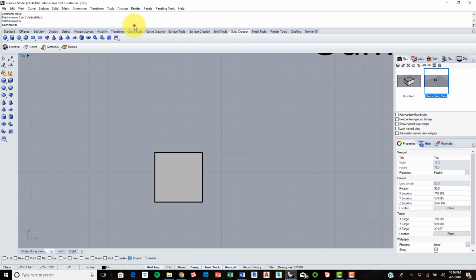Let's go and actually type in line, as that is one of the options we can do. And it looks like it actually is snapping. Oh, it's snapping to the grid. That's why. If I turn my grid snaps off,